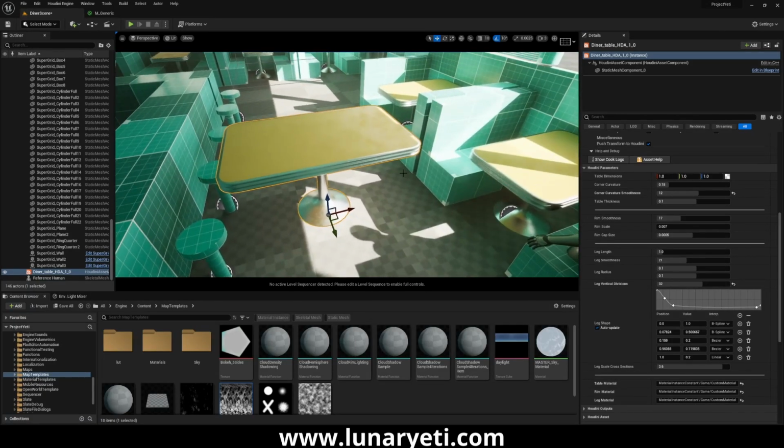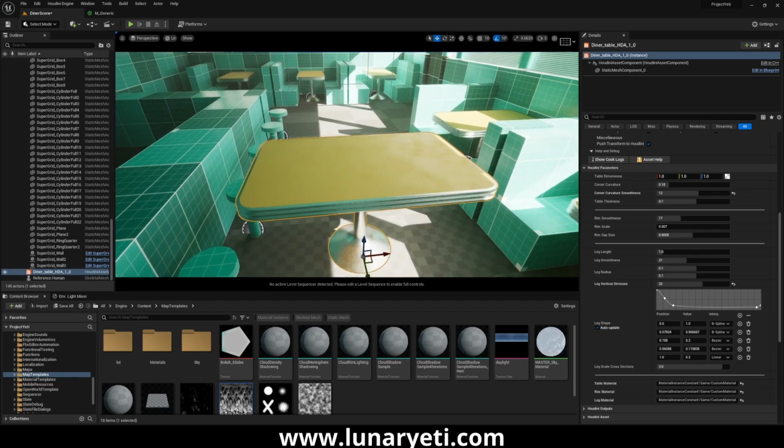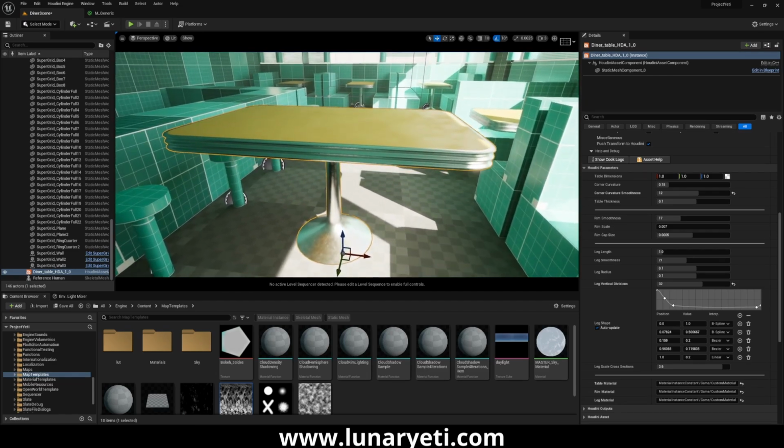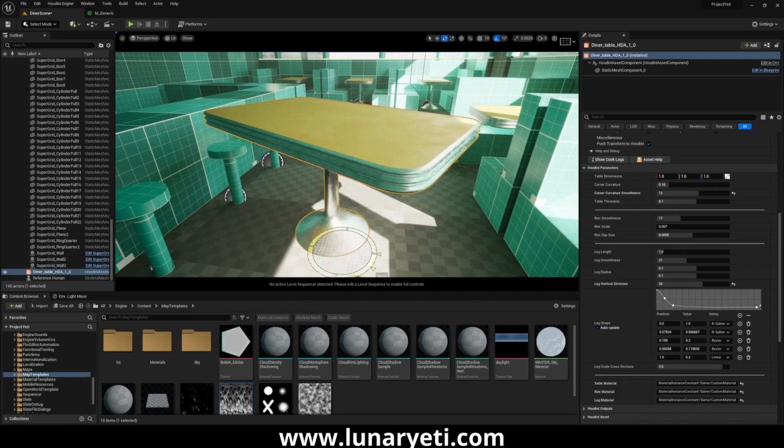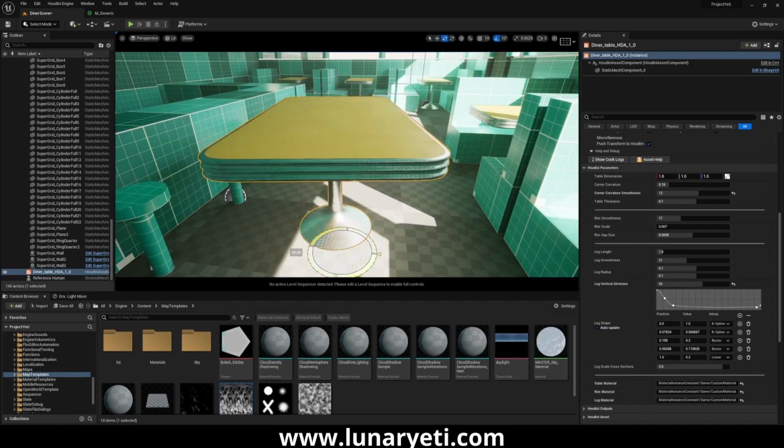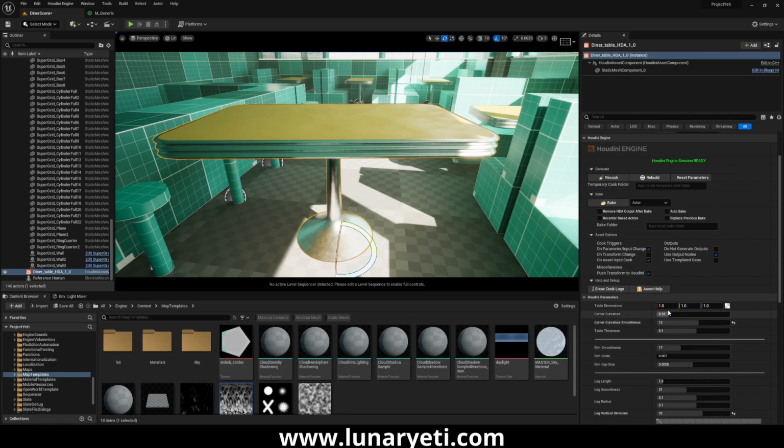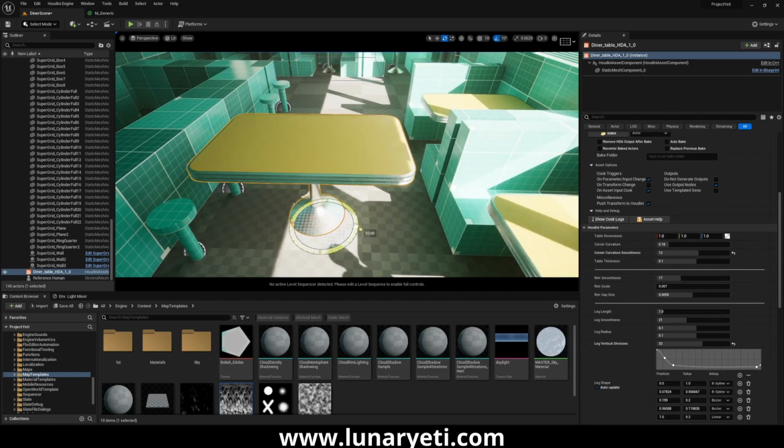This time I want to show you a new Houdini node tree, but I'm not gonna do it from scratch. I'm kind of just gonna run through it. Right here we have an HDA, which is basically this diner table, and I'm going to show you how it works. We have a couple of settings here that will allow me to adjust different effects,